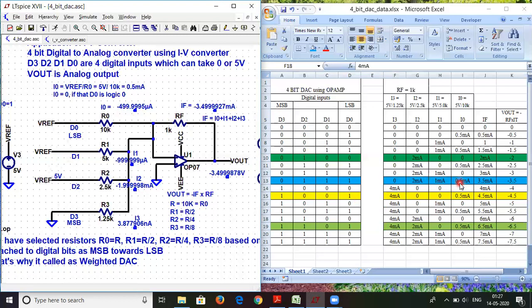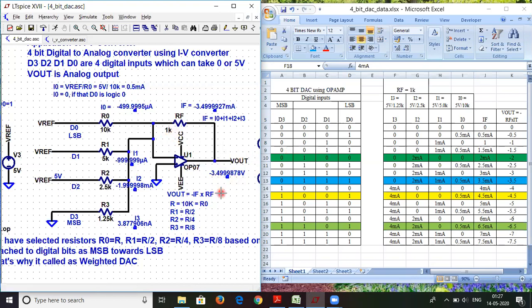And the total current, IF, will be the summation of all three, that is 0 plus 2 plus 1 plus 0.5, that is 3.5 milliamperes. And this 3.5 milliamperes input current is converted into voltage by multiplication with this resistor, that is 1K. So minus 3.5 milliamperes into 1K will give you minus 3.5 volts.